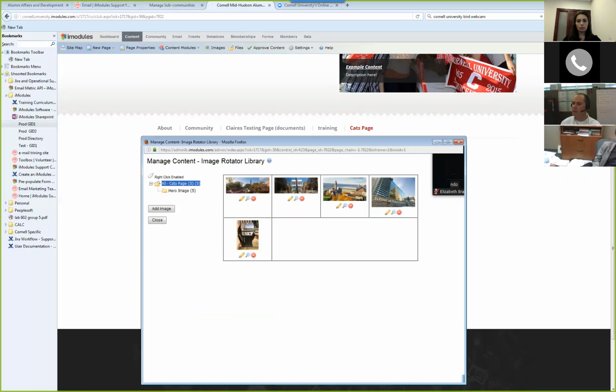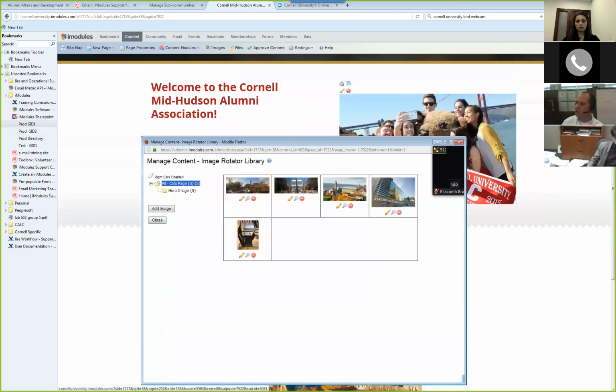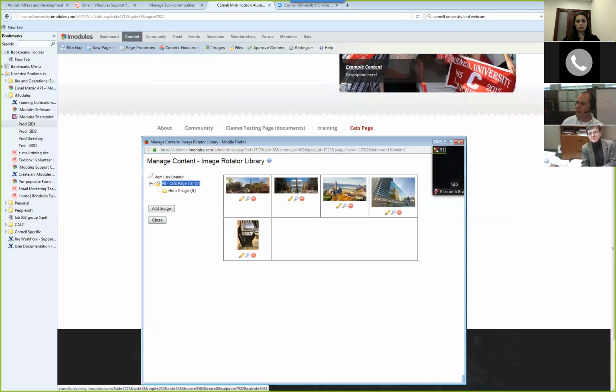This is a repository of images, just like before, but this is only used for the image rotator. And this is one of the things that people get kind of confused on, because the first thing they were thinking is, well, I've got to do a news feature up here. I have my image manager, which I use in my content blocks, but I also have files that I store for my image rotator. So you just kind of wrap your head around those three things. There are three different ways of storing an image.